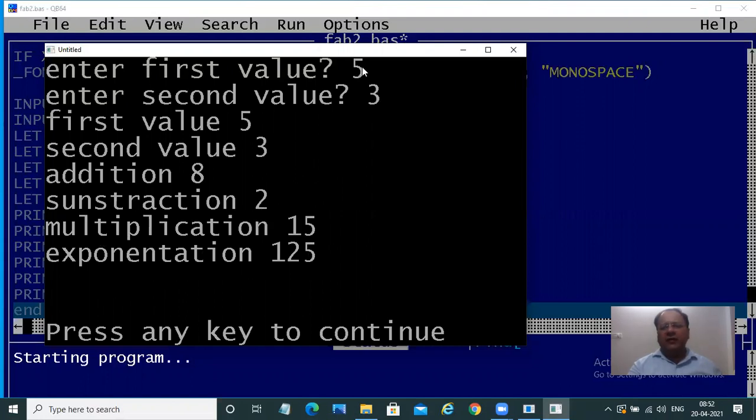That means 5 into itself thrice. 5 into 5, it's 25, and 25 into again 5 means 125. So 5 exponent 3 means 5 into 5 into 5, which is equal to 125.